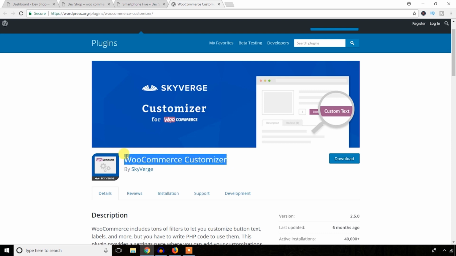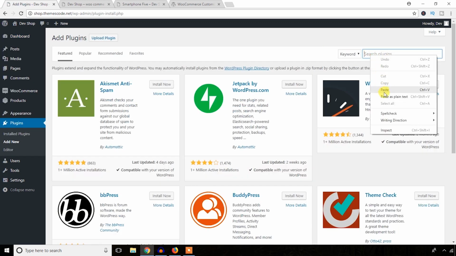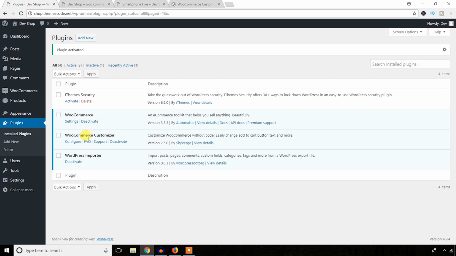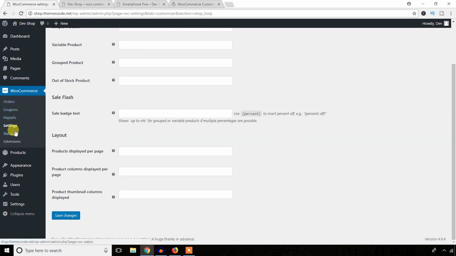Here I'm in the dashboard of my website, and as you can see, I'm going to click on the add new menu under the plugins menu, and here I will search for the plugin. I'm going to hit the install now button, and it's time to activate this plugin. Okay, as you can see, the WooCommerce Customizer plugin is installed and activated. It's time to hit the configure link. Okay, as you can see, there is a new tab in the WooCommerce settings area,